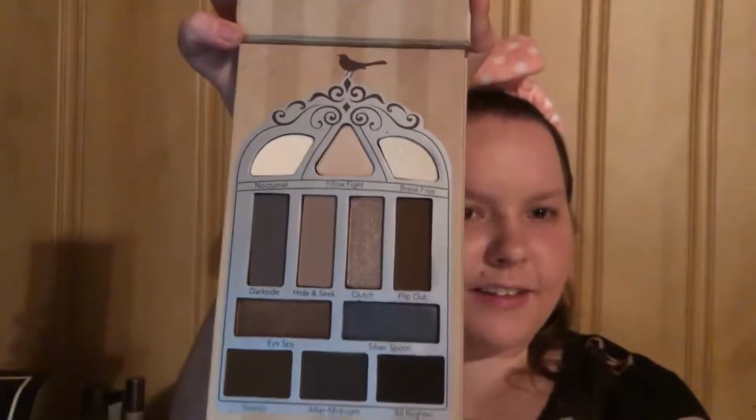It actually looks like a little castle. First I'm going to go in with Nocturnal, and I'm just going to use that all over the lid. Now I'm going to go in with the shade Hide and Seek, and I'm going to put that in the crease. Now I'm going to go in with the shade Flip Out, and I'm going to add that to the crease also. I'm going to go in with the shade Swoop, and I'm going to put that on the outer